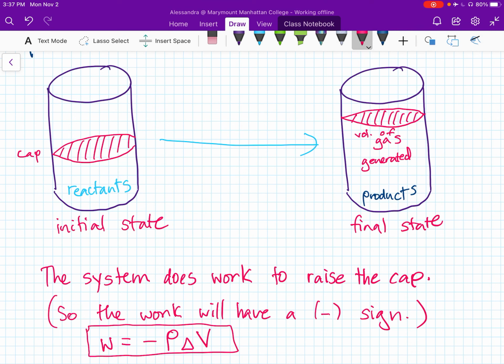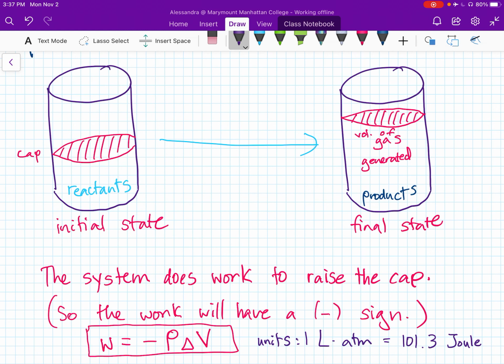Now, we tend to measure pressure in atmospheres and we tend to measure volume in liters. So the units here are going to be liter atmospheres, because volume is measured in liters and pressure is measured in atmospheres. And you may sometimes need a conversion factor. 1 liter atmosphere is equal to 101.3 joules. So you can interconvert. Those are both units of energy. A liter atmosphere and a joule are both different units of energy, and you can interconvert between them using